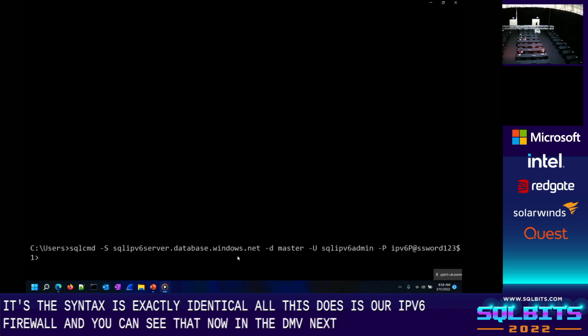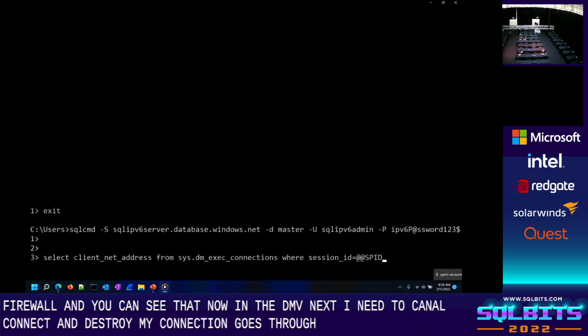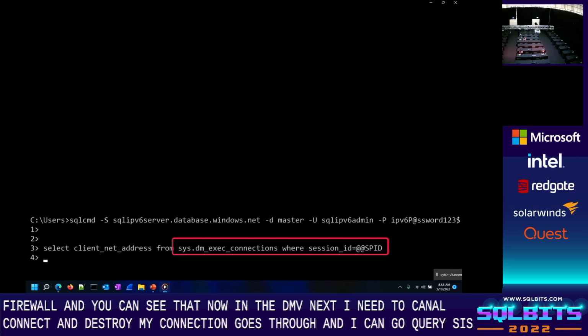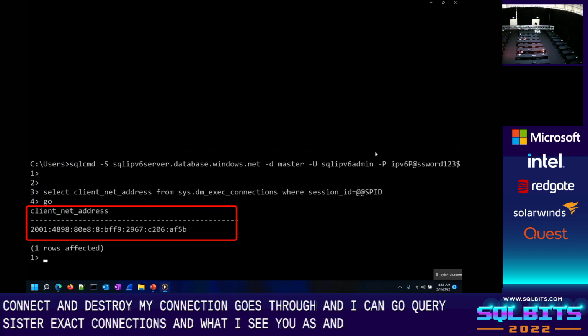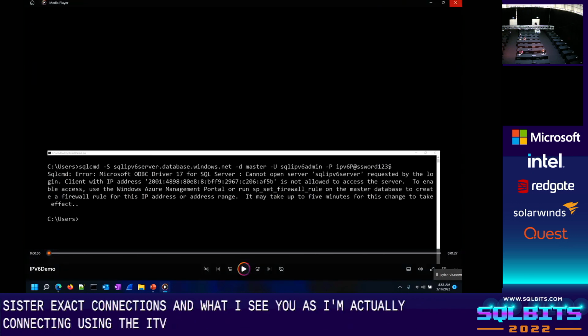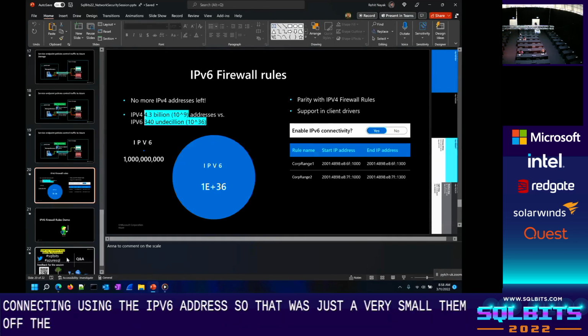Next, I connect, and this time my connection goes through. I can query sys.dm_exec_connections, and what I see is that I'm actually connecting using the IPv6 address. That was just a very small demo of the value prop here.